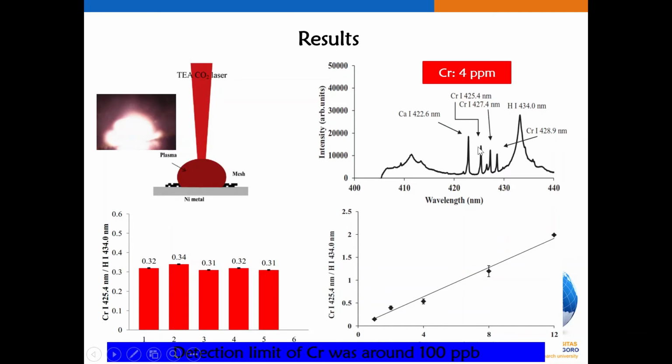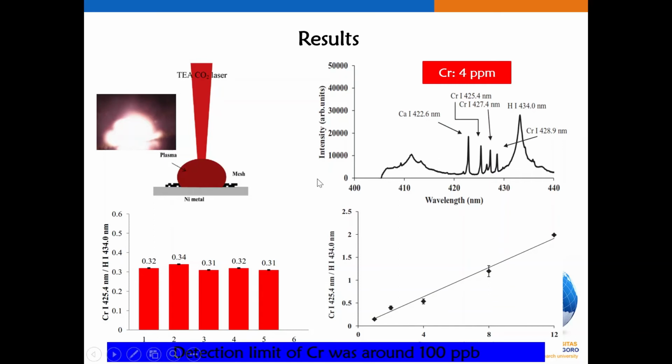We can clearly detect three typical emission lines of chrome, including 425.4, 427.4, and 428.9 nanometers. These are the neutral chromium lines. Also, we can clearly detect hydrogen gamma at 434.0 nanometers, which might come from water or sugar during the